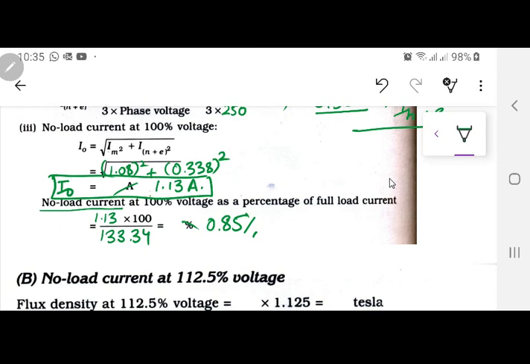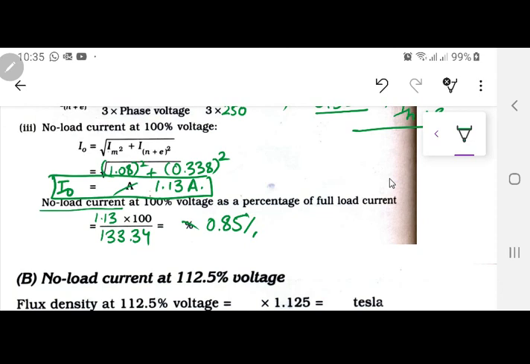If you remember, in our lab, the current on the primary side, the full load current was 3.5 amperes, if you remember, or 4.3 ampere for the older one, and the no load current was approximately 0.5 or 0.6 ampere. A 0.5 or 0.6 for a primary current of something 3.5. This means actually 5 or 10% approximately. So what I am trying to tell you over here, that as the size of the transformer increases, the percentage of that no load current drops down. जितना छोटा ट्रांसफार्मर होगा उसका नो लोड करंट उतना ज्यादा होगा.